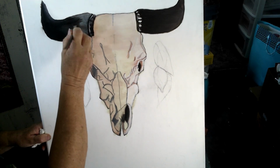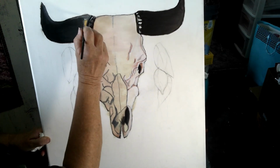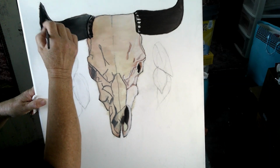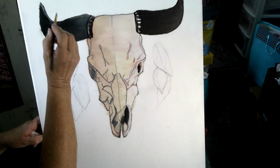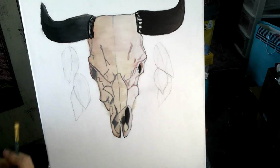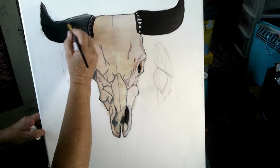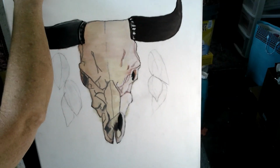The paint's dry now, so it doesn't blend in and go completely away. I'm just blending in now some more white, put a little black there to kind of help it, going on the edge of the top of that horn because the sun's shining that way, and it's just hitting the top of that horn where it curls up. I'm just blending that white in and along the top because the sun is just hitting the top part of that horn. It's not hitting all the way down because the other horn is kind of shading it, and I'm having issues with the